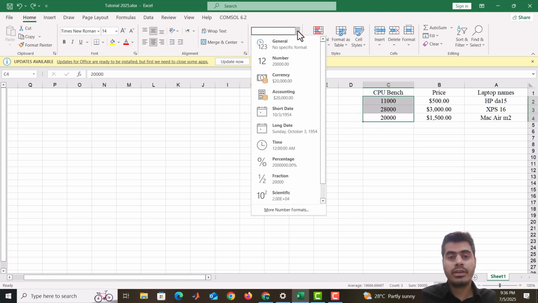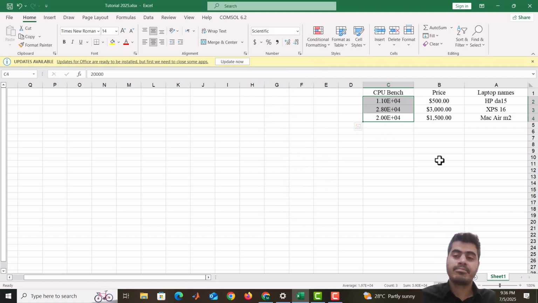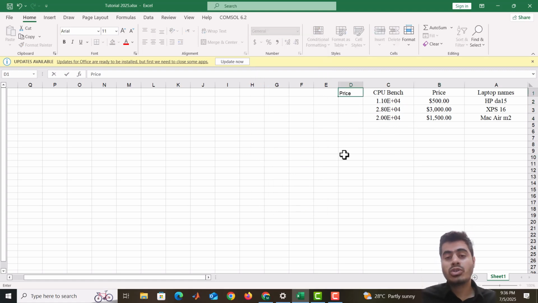Or even here, I use some other formats like scientific formats. Here it is. Okay, now we want just to evaluate their price. Is their price good? Is the payment that we are paying for these laptops effective based on their CPU benchmarks? There is a simple way. I just write price divided by CPU bench, drag it,